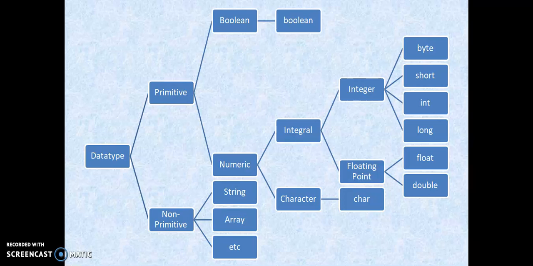The next is the floating type data type, which consists of float and double. The float data type can store fractional numbers, that is, numbers with a fractional precision. It can hold data up to 7 decimal digits. The double data type can store fractional numbers and it can hold data up to 16 decimal digits. Now going ahead towards numeric character, we have got the character data type. The character data type includes symbols like letters and numbers.